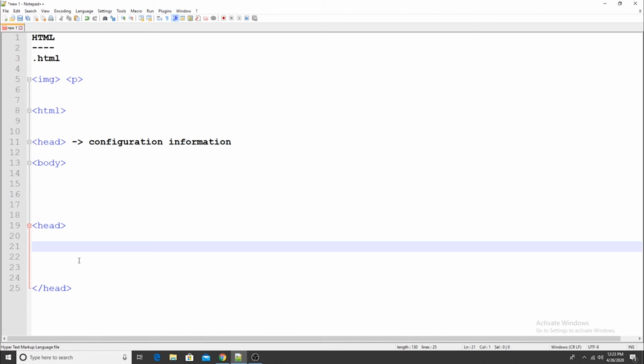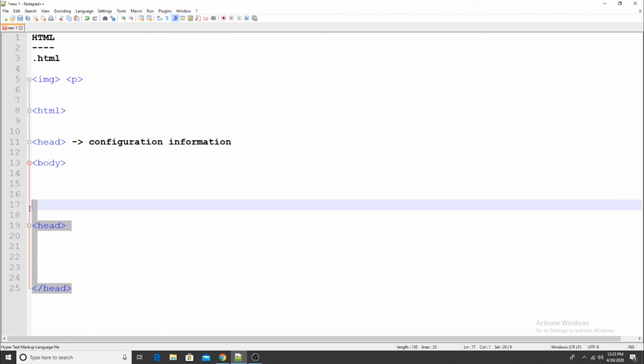So if I want to use a file which has all the animation related code, then I will mention the source of that file here. Then it will take all the information from there and execute it here. You don't have to specifically write that in the file. Rather, you can use the existing functionalities from another file and use them in the configuration part.